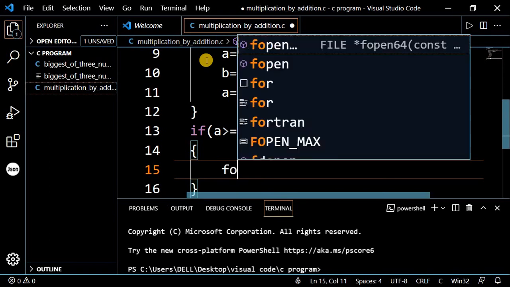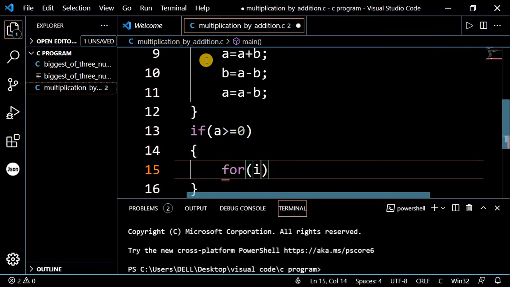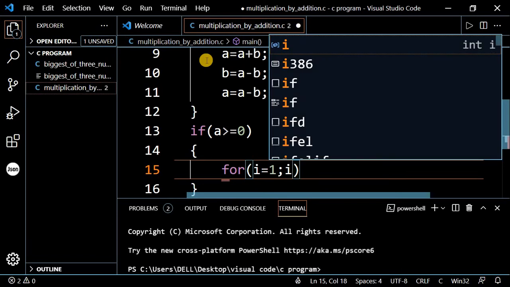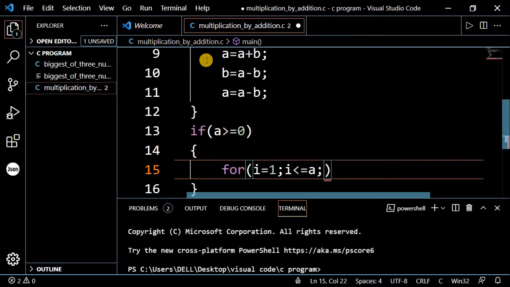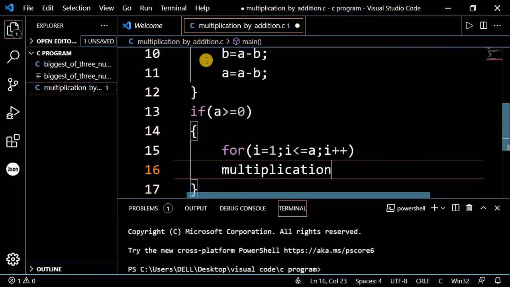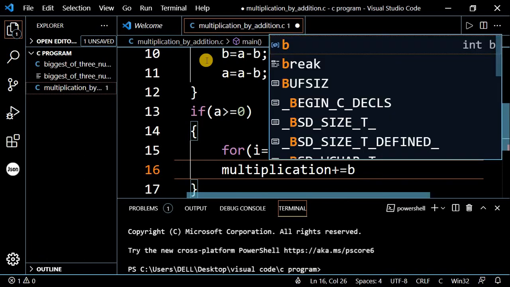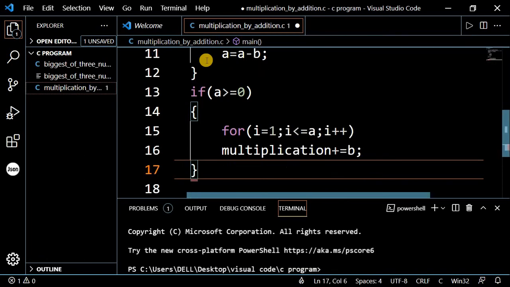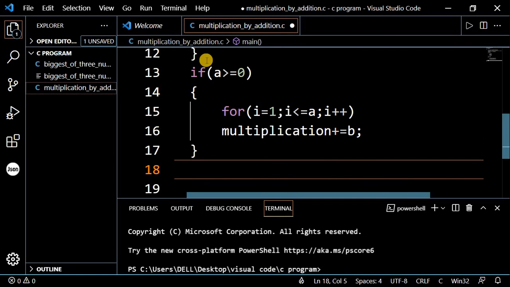we will use a for loop now. For i = 1 and i <= a, i++, and now we will store in multiplication plus equal b, and we'll come out of the curly braces, and now we'll check one more condition, which is